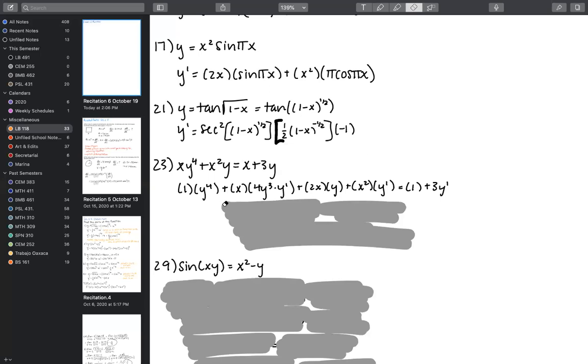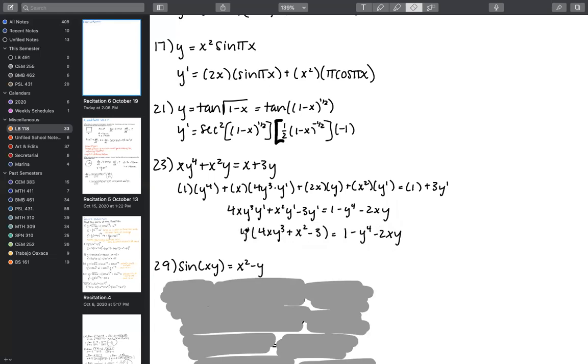So moving on, next we're going to consolidate all of our terms that contain a y prime on one side of the equal sign and all of our terms that do not on the other. We typically see the y prime terms on the left-hand side, because we're used to seeing y and y prime on the left-hand side of the equal sign. So we've got all of our y prime terms on one side and all of our non-y prime terms on the other. And then the next step will be to factor. So we're going to factor that y prime out of every single term.